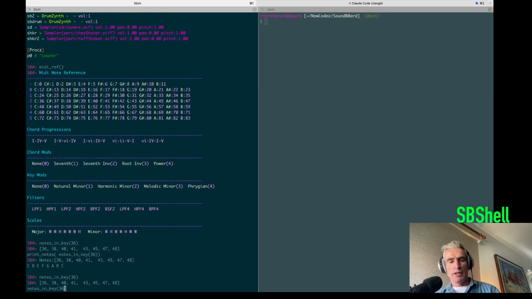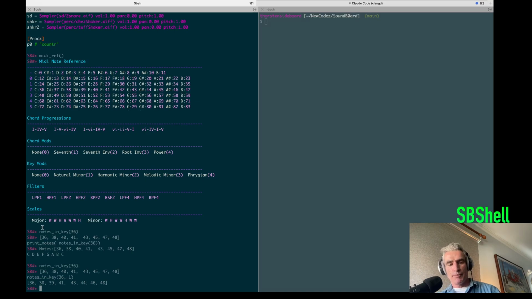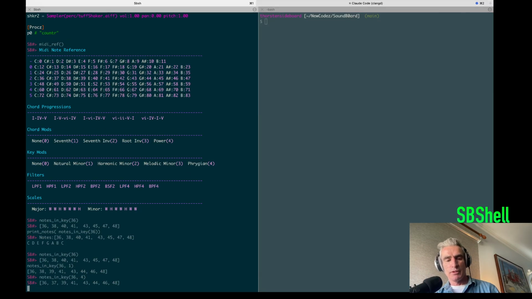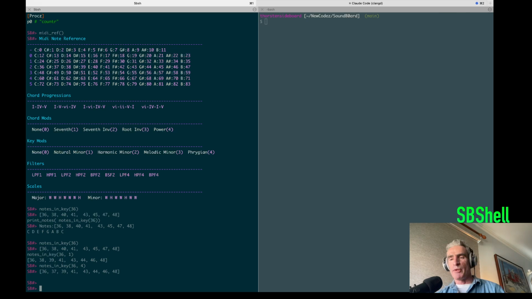just a natural key. Natural minor, we can adjust notes in key. So you get minor key, minor C. We have harmonic minor, melodic minor, and Phrygian. I found that one online. I don't think I've actually used it. And from there as well, there's other